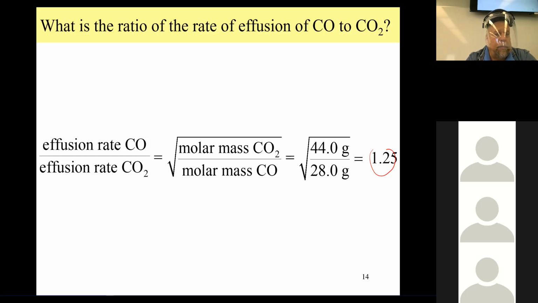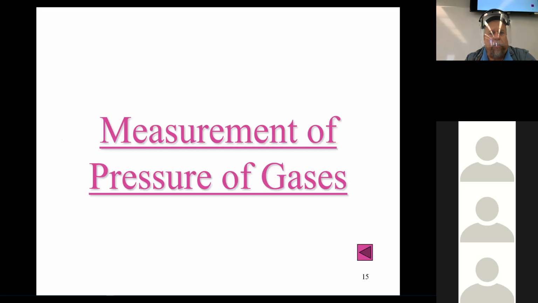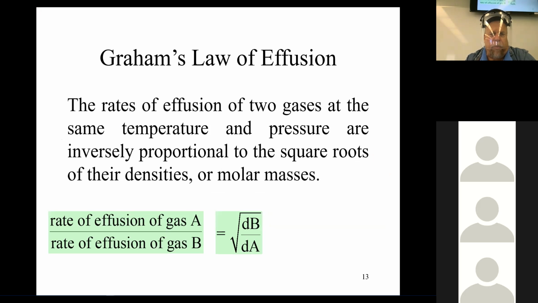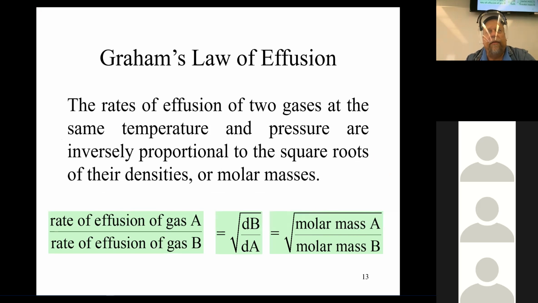Yes? Why do you put the carbon dioxide? Well, that's just the formula. It's inversely related. It was determined experimentally. Wait, Dr. Douglas. Yes. Why did it go from CO to CO2 and CO2 to CO? Well, that's because the formula, they determined this relationship experimentally. The chemist that discovered it was Dr. Graham, okay? He determined that experimentally.